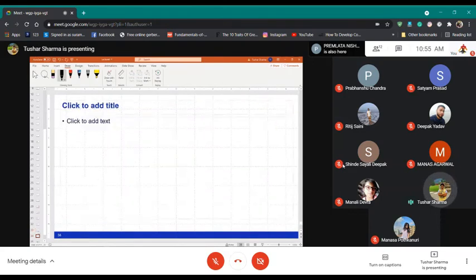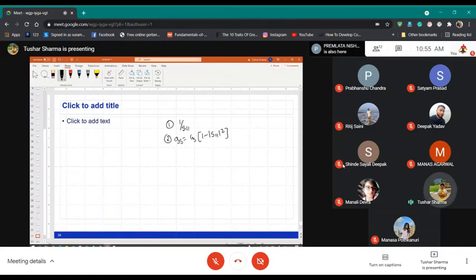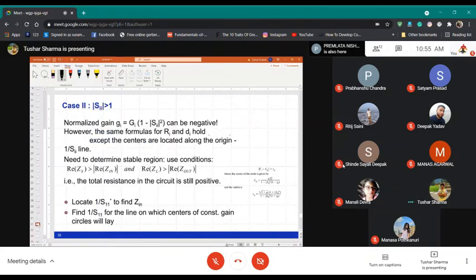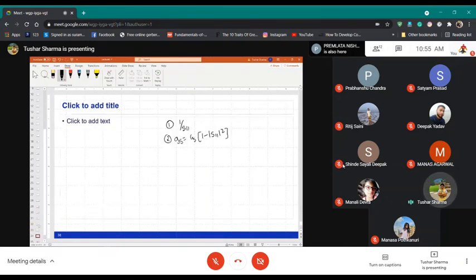So just to summarize, because I know it's getting late now, in a case of potentially unstable, you first do S11. Step 1 is this. Step 2 is find GS using GS (1 minus S11) whole square, which is again given here in this expression. Once you have that, then you calculate CGS and RGS. Then you plot that circle.